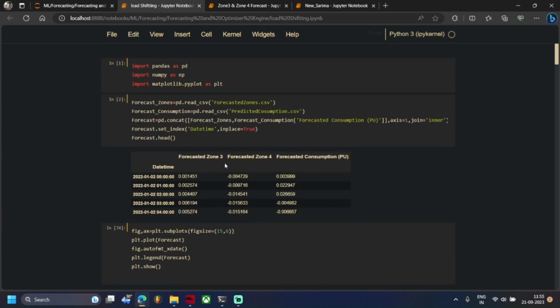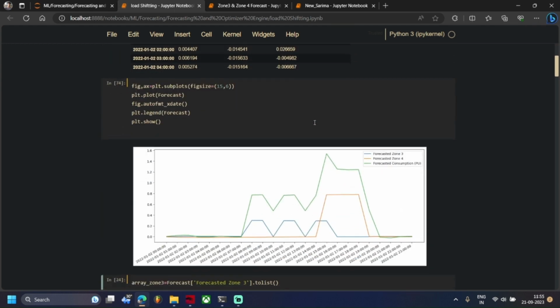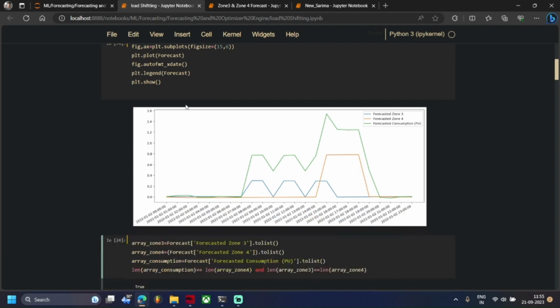We have concatenated all this data which we have predicted into a single data frame, and this is the load curve which will occur tomorrow based on today's data. So you can see we have to shift it in an optimal way to reduce this peak and to reduce the energy consumption cost. So how should we achieve this